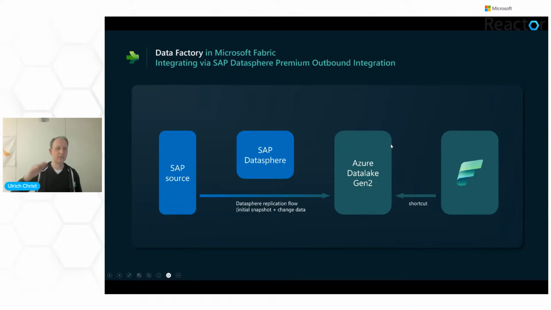Another thing which is missing compared to the mirroring capabilities we just saw is that this just lands the data in files in ADLS Gen 2. You can think of what you get here as comparable to the landing zone we saw in the mirroring diagram. You get the change data in files in that storage container, but the merge you would have to do yourself. What you can do, for example, is create a notebook which takes the files which Datasphere lands in ADLS Gen 2,